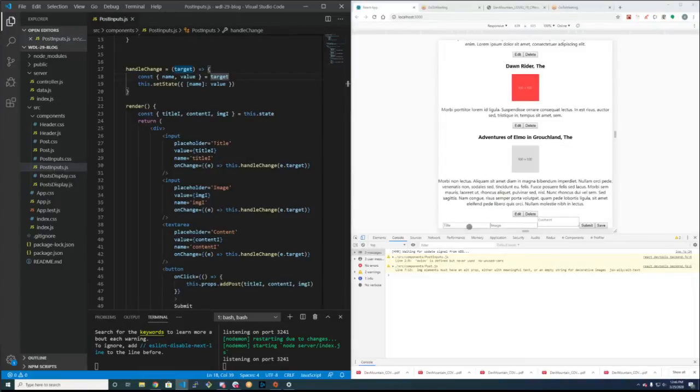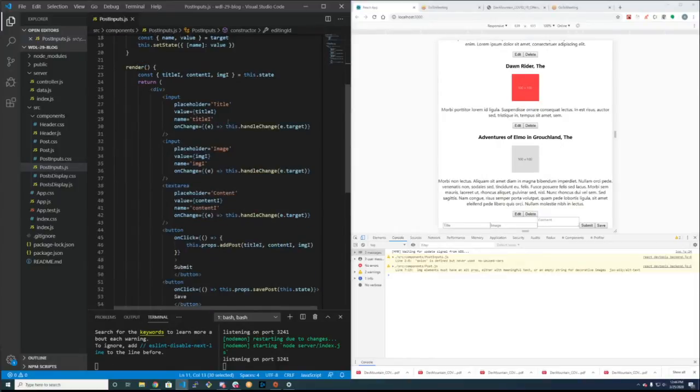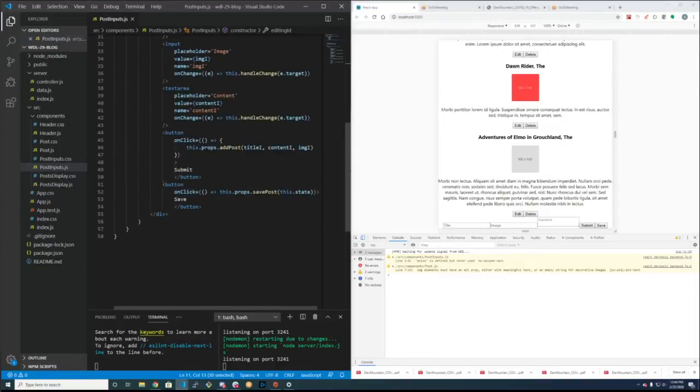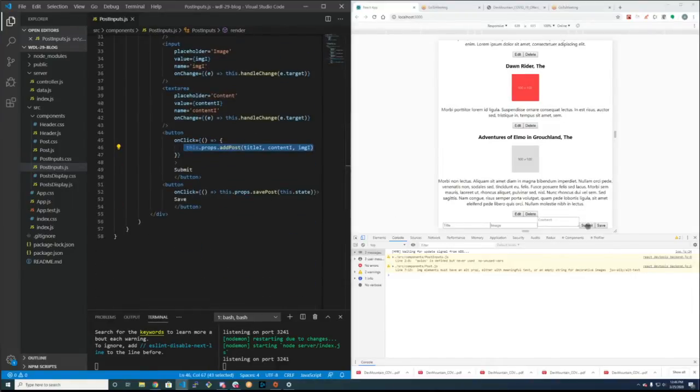There we can see our values. So what these are going to do, it's going to update this state. So this is title input, content input, image input. Don't worry about this right now. We're not working on editing functionality yet. And so when we click this button right here that says submit, this is the submit button, that is going to run this function. So that submit right here is going to run that function. So that's adding. So once I type in hello and then an image and content, and I hit submit, it's going to run that. And so we haven't finished